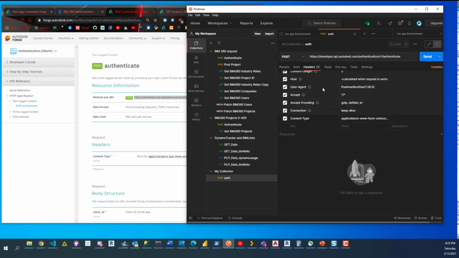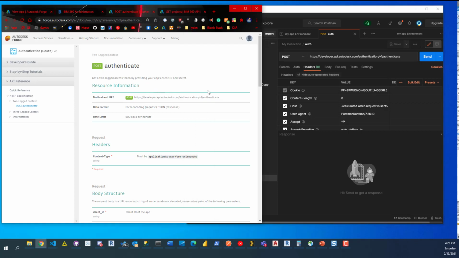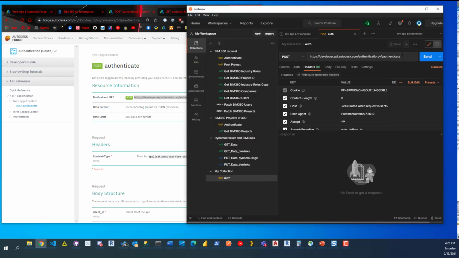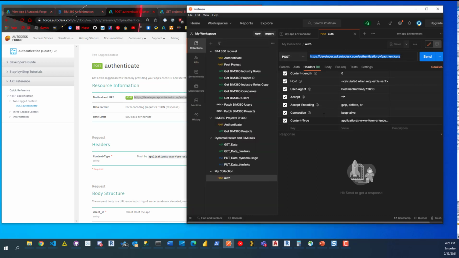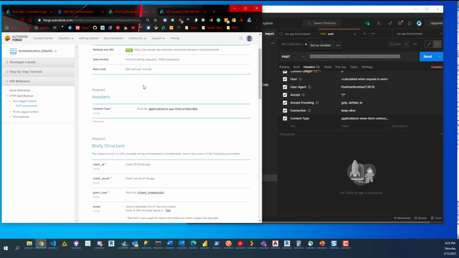So I've created a header already, and we're actually going to read through this so that you can start to get the hang of this. But the first thing is the URI. And so all we need to do is copy this and paste it here. And then the second thing, and these aren't a big deal for what we're trying to do, but the second thing